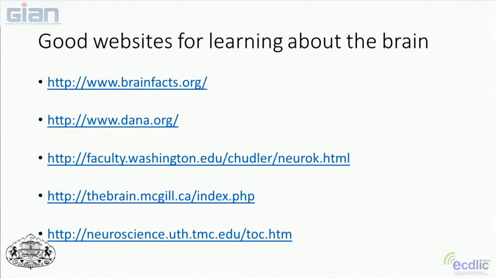I also wrote down some useful websites about the brain. So some of these are university sponsored, and others, like the Dana Foundation, have a good page that has just some basic resources. One of these has a neuroscience for kids, and has a lot of interesting information on there that's very basic. I know we have an extra lecture on Thursday, and I was thinking maybe we could look at some of these pages then together and go through some of the little things that they have on there. And of course, you can do it on your own too.